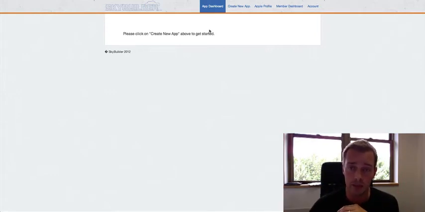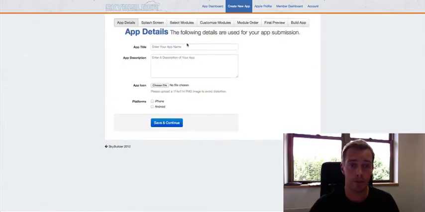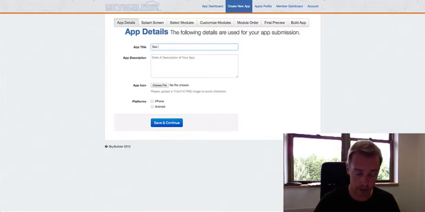So what I'm going to do is basically build you an app quickly. And I am not techie. I'm not techie, and anyone can do this. So let me just start. The software is called Skybuilder, and if we just create a new app, I'm going to go through this relatively quickly because I don't want to take up too much of your time, so let's just call this app, if I can spell, sex drive and libido.